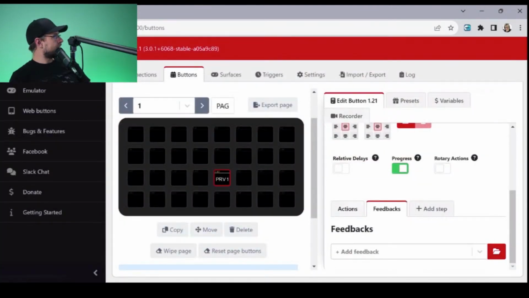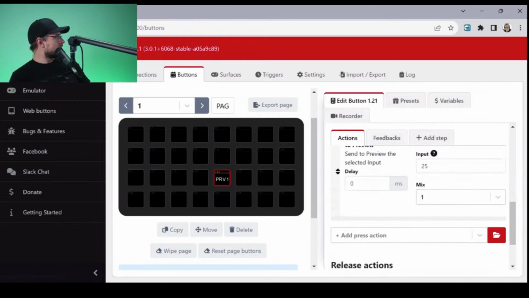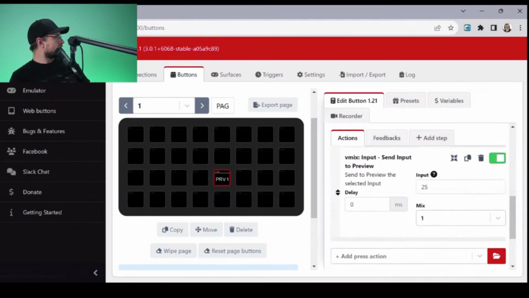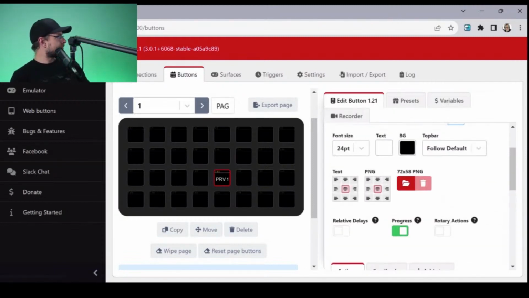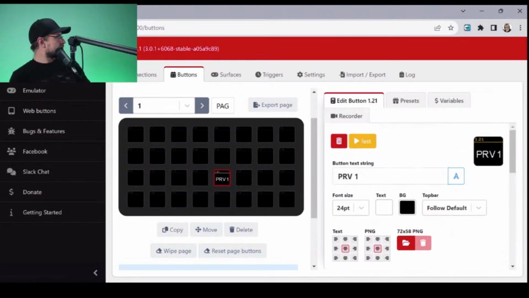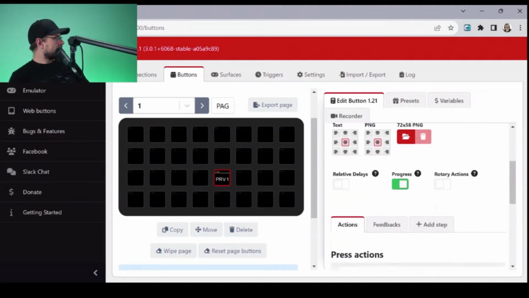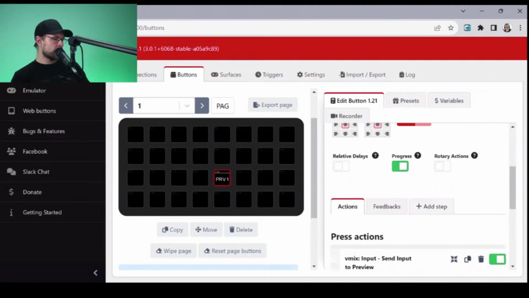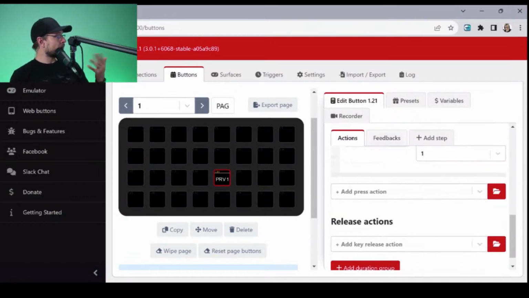Edit button, actions, and top bar. I don't know what that is. What is top bar? Somebody help me out. What I want is, when I press that button, I want that button to light up on my Xkeys. We'll sort that out in a second.